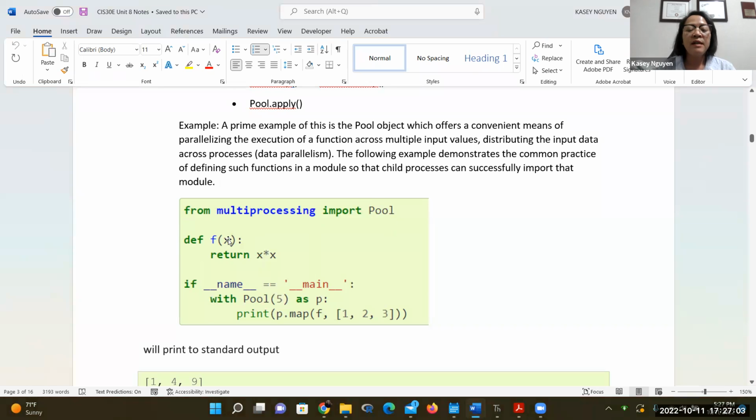Then we would define a function called f. We're going to pass x in its parameter. Then we would return x times x. And then we would call, so in the main,